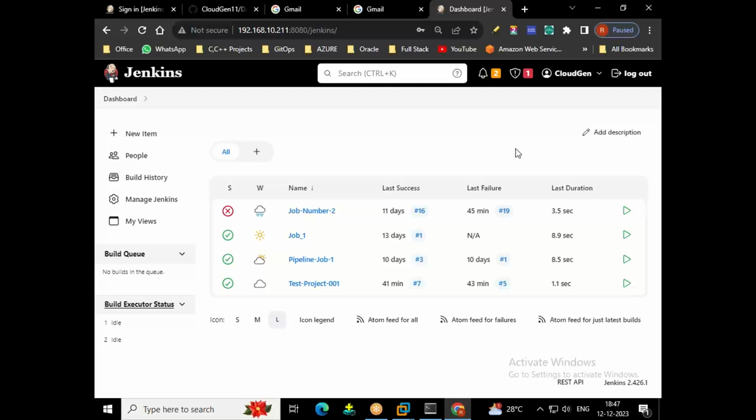For example, we discussed the role-based user management concept in a previous class. In that class, we installed one plugin, the Role-based Authorization Strategy plugin. After installing that plugin, we configured it, created users and created roles. After that, we assigned roles. Without that plugin, we can't do this. Based on our requirement,